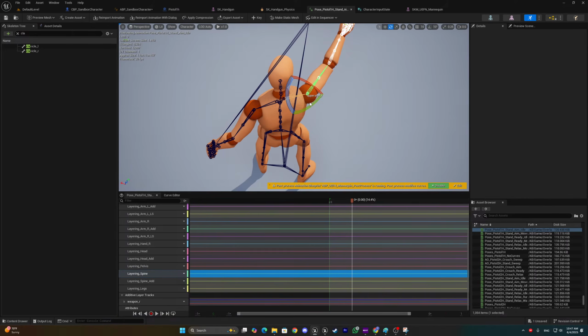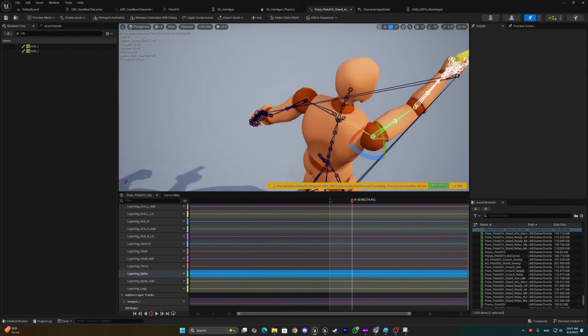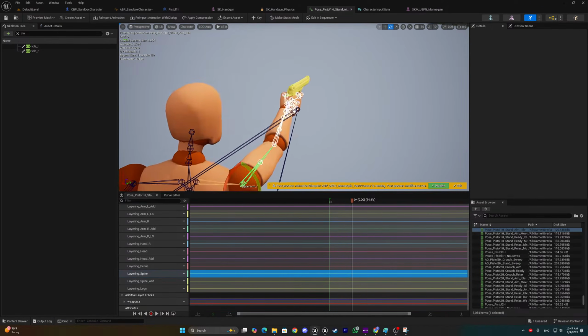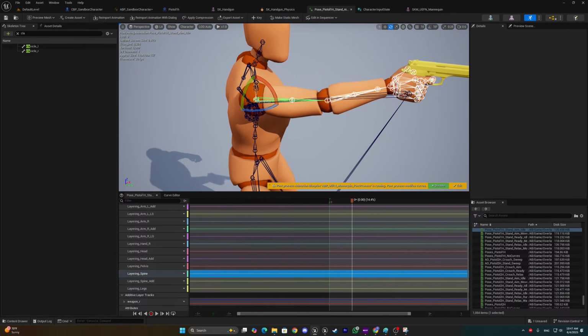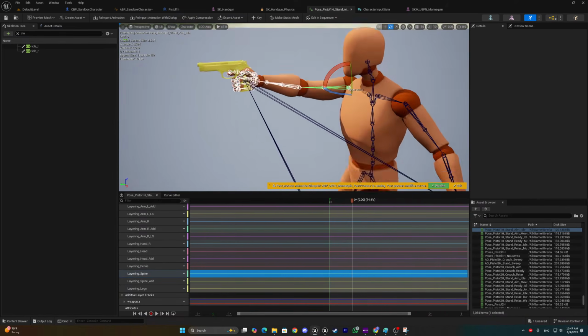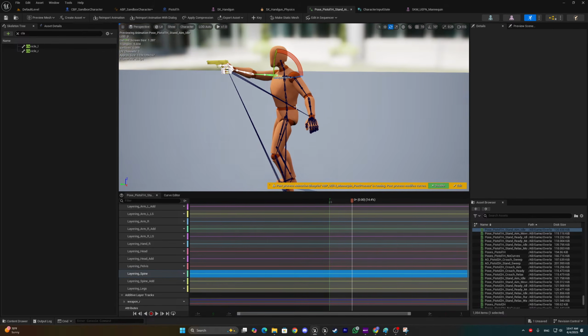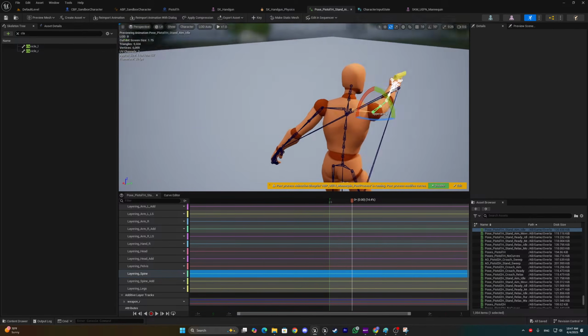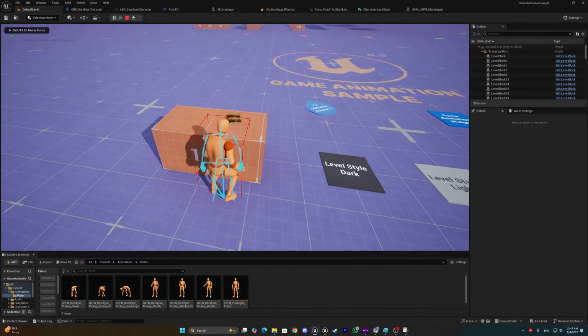like this and like that, let me just switch the transform gizmo to here so that I can do this. So I guess this makes more sense. I think this is a lot better. We don't have that much bone distortion. I don't know why it happens in the GASP system, probably because of the retargeting process of the animations. So now when I pick up the weapon,